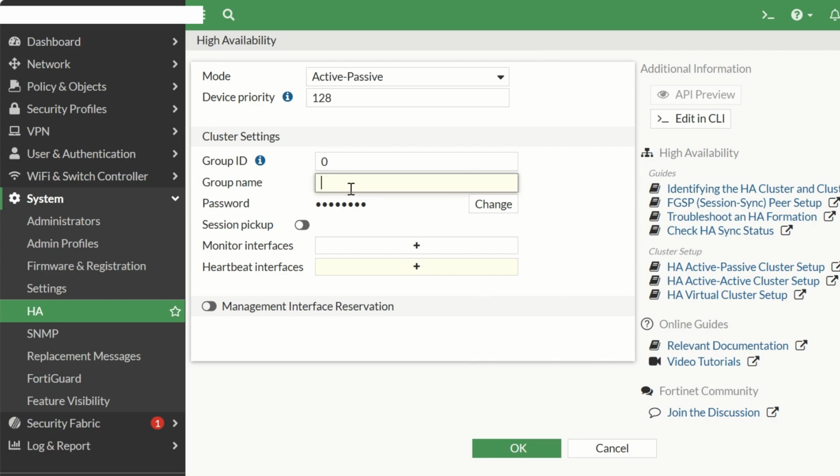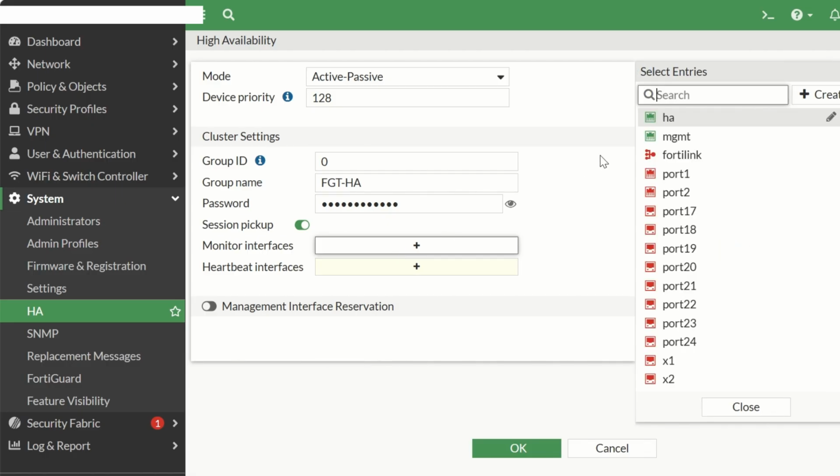The group name should be the same. In my case it was FGT-HA, and the password should be the same as what you entered in your primary firewall. Check session pickup if you want, and select which interfaces you want to monitor.